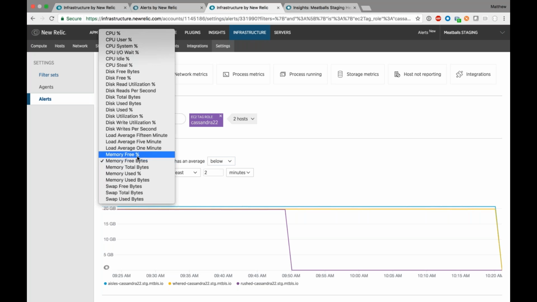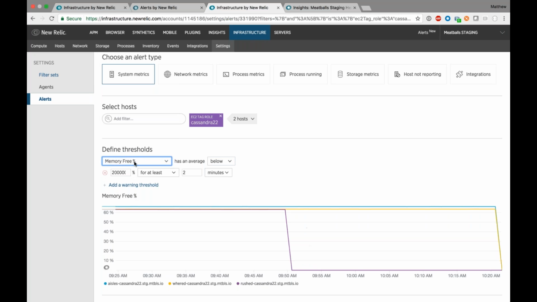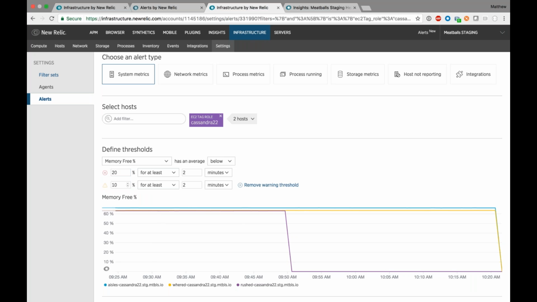So we get a lot of feedback to that effect. And so we added this memory percentage alert, and that allows me to set a relative number. So I can say, maybe it's okay if some servers are bigger than others. I want to know, in any case, when any servers have less than 20% free. I could also add a warning threshold. Maybe I'll flip this. I'll say I should get a warning if any of them have less than 20% free. And I should get a critical alert that'll actually, for example, page me if any of them have less than